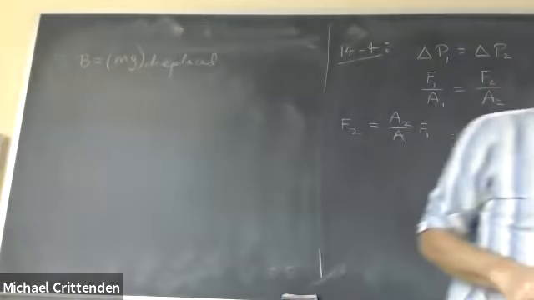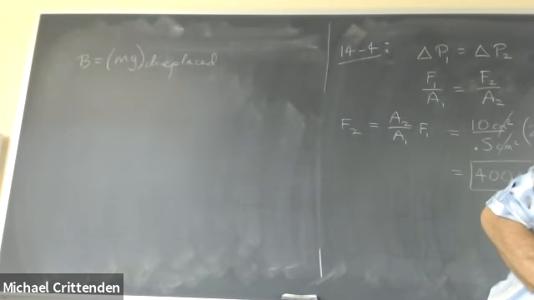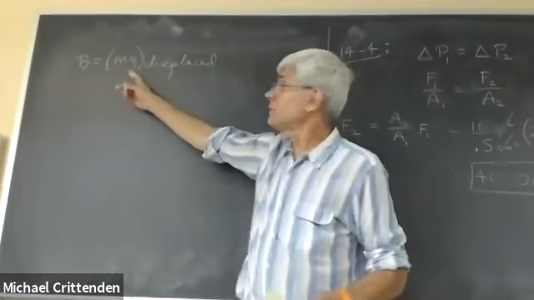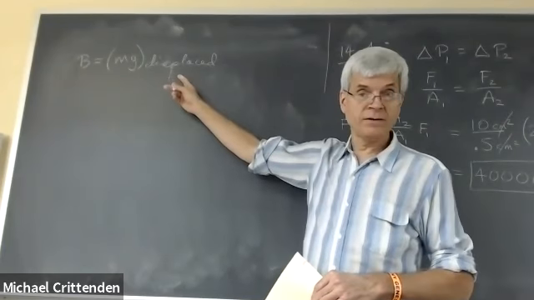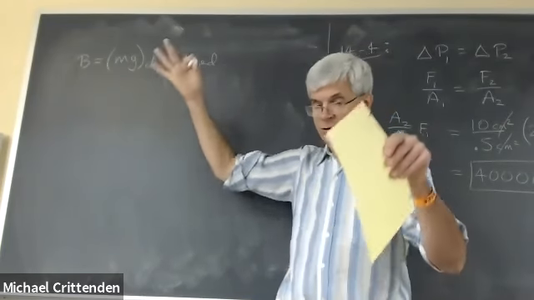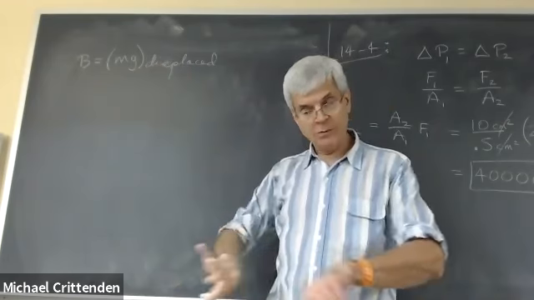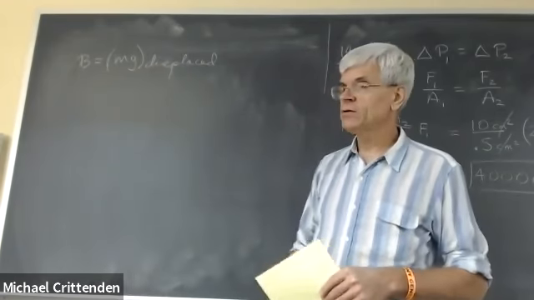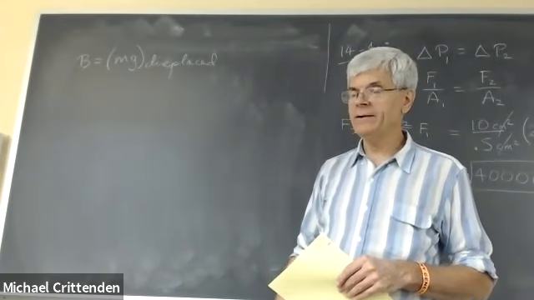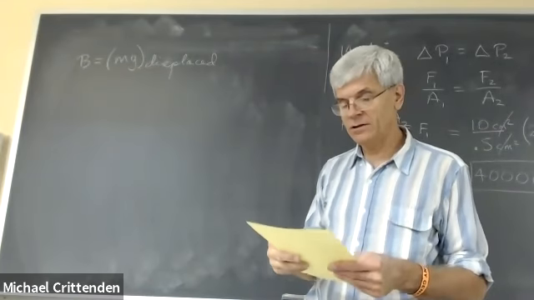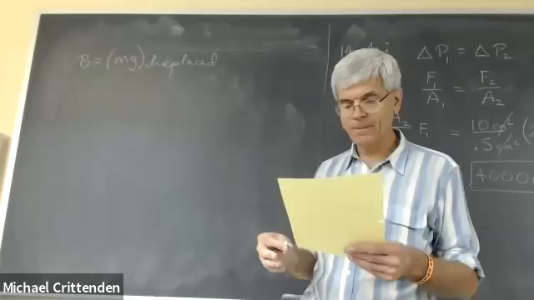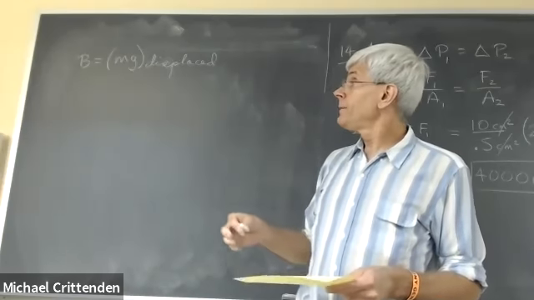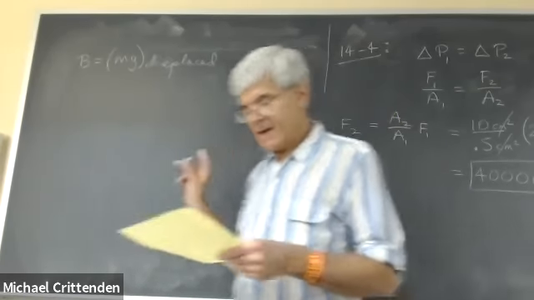Archimedes said the buoyant force equals the weight of the fluid which has been displaced. When you put the ship into the ocean, how much water gets pushed out of the way? What's the weight of the water that would be there if the object you were talking about wasn't there? Well, I'm going to combine that with